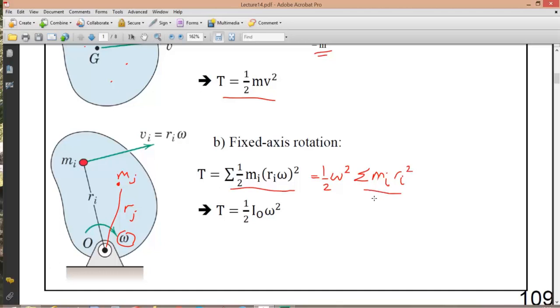And this is the description of moment of inertia about point O, because we define these radii from point O, and therefore this is defined as IO, and I can rewrite this equation in this way. There's another thing I can do. I can say this is the mass center, and there is this velocity of the mass center,